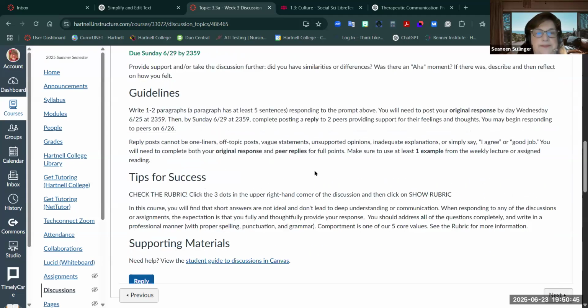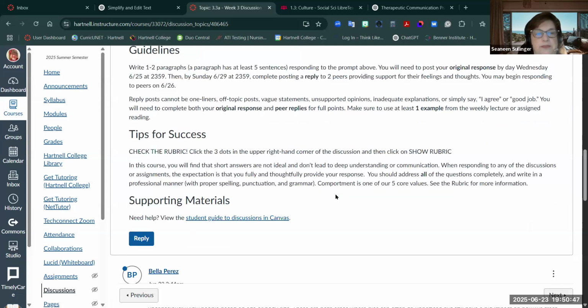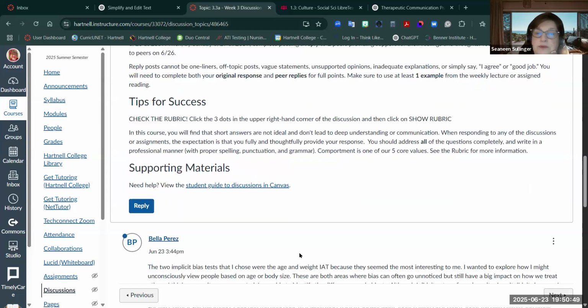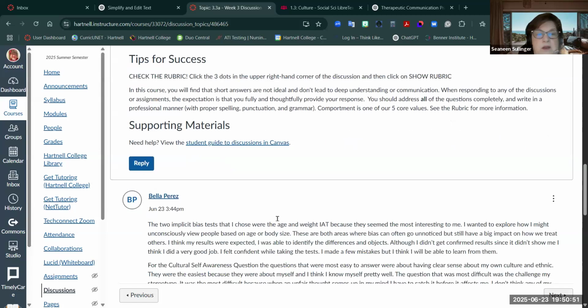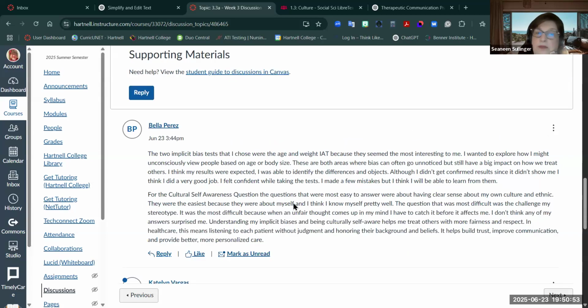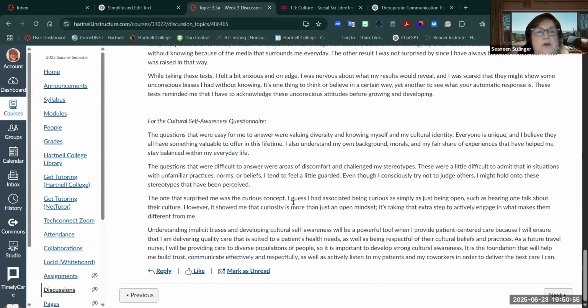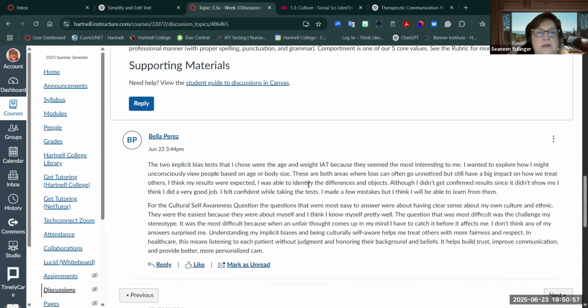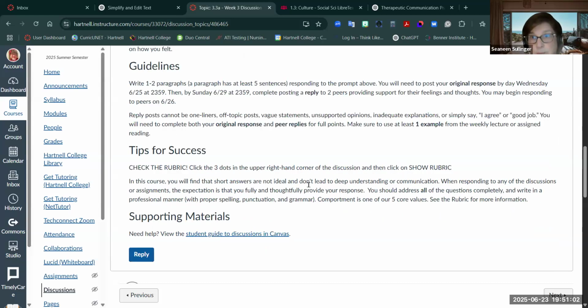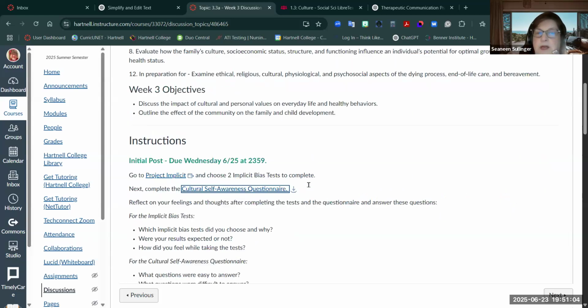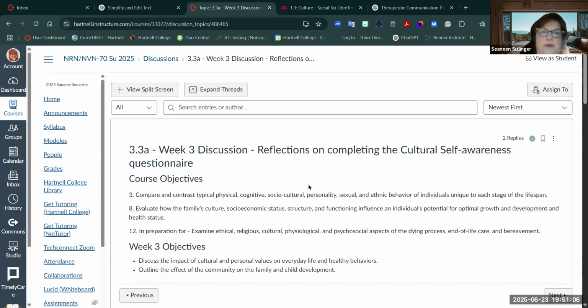And so check the rubric, and oh, Bella already started. Oh, okay. So she was actually able to go in. Oh, good. People have started. Well, then maybe that link works. Maybe it just didn't work for me. So it looks like people have been able to get in. So if there's trouble with the link, let me know. Somebody let me know. It could just be on my computer that I can't access.